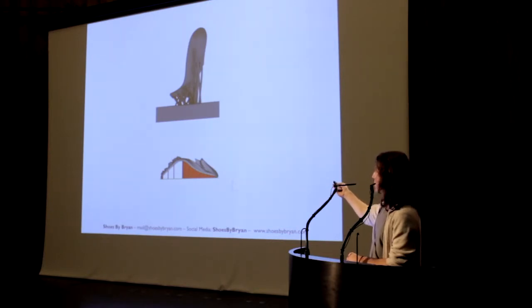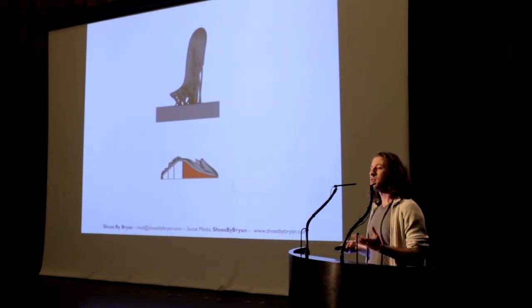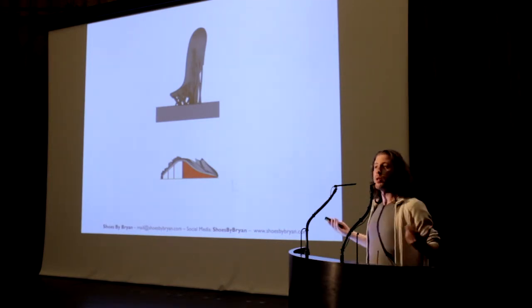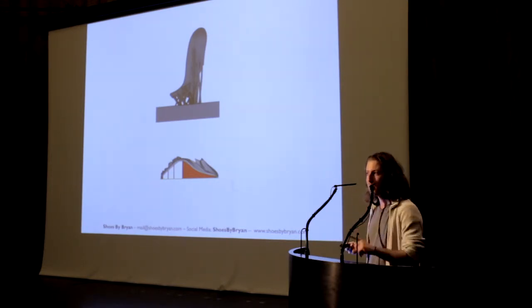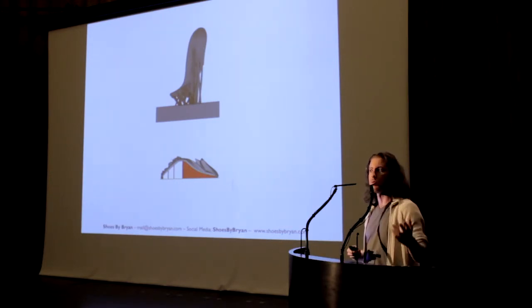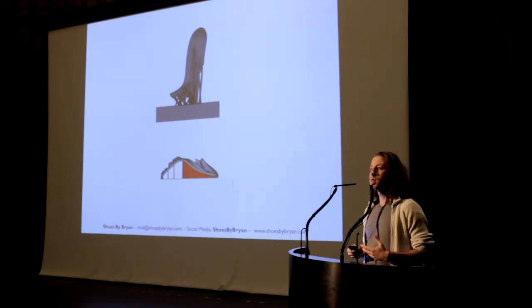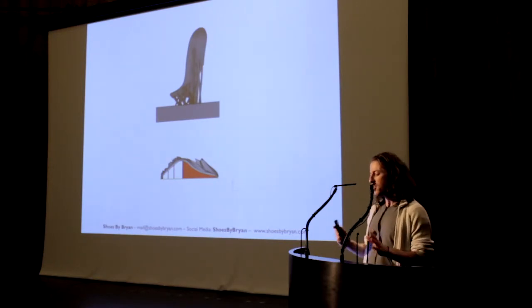That image on the bottom is what the computer spits out. Every 3D printer has its own software that analyzes your 3D model and then slices it into the layers that the 3D printer will then make layer by layer. And so the brilliant thing about 3D printing is you can't use it unless you design something in software. And this is something in the way right now of getting more 3D printers into people's homes, which is something that's happening. But as a designer with experience, with some knowledge of structures, and just the bravery to just say, yeah, it should work,